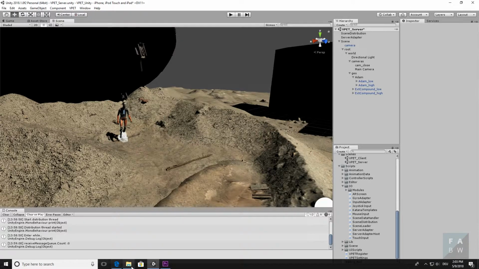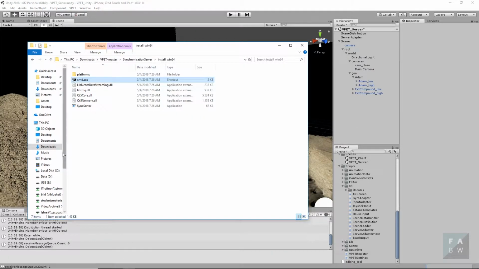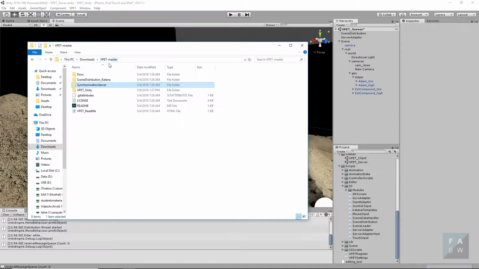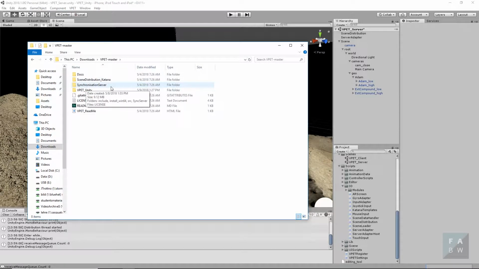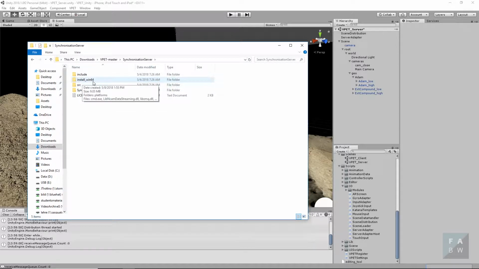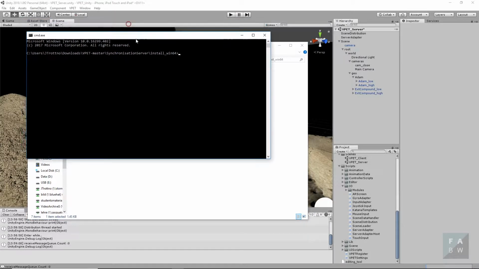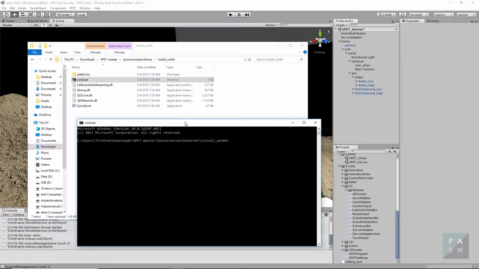Now let's go back to the folder we just downloaded from the GitHub repository, where we also had a subfolder containing the synchronization server. So we open the synchronization server folder, and we can also find the source code, but what is more interesting for us now is the Windows binary. There is a shortcut for the command prompt which we can open, from where we can then run the synchronization server. So double click on the command prompt, and you can run the sync